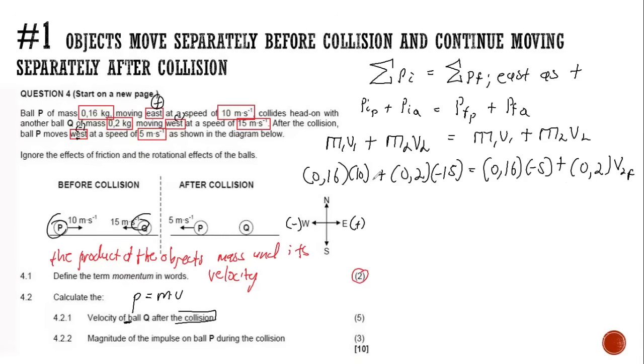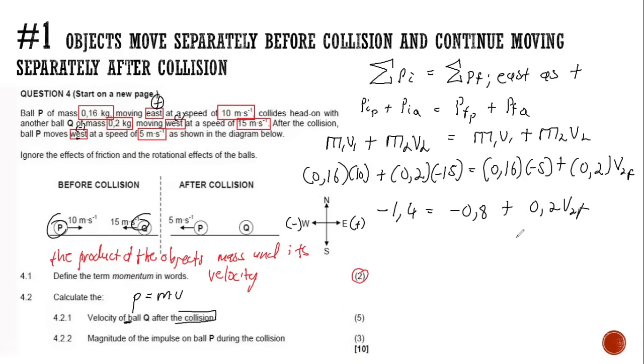That's 0.16 multiplied by 10 plus 0.2 multiplied by negative 15, right? So this side up, we are going to have negative 1.4. And then equal to, we have 0.16 times negative 5, which will give us negative 0.8, then plus